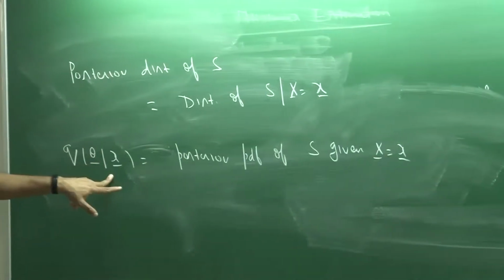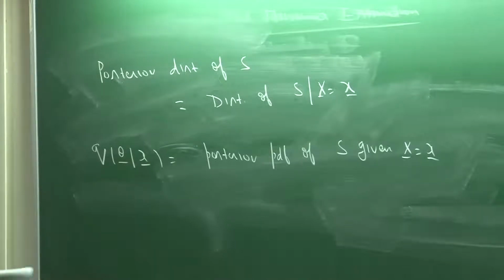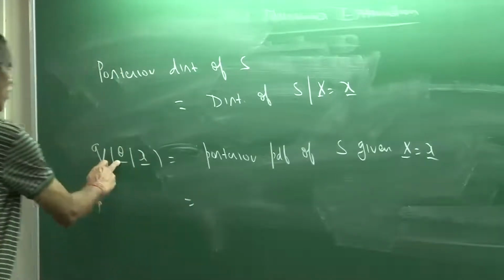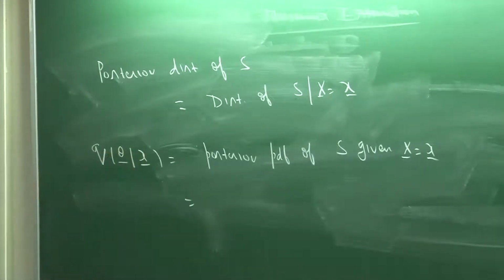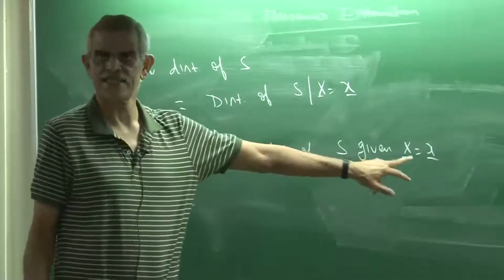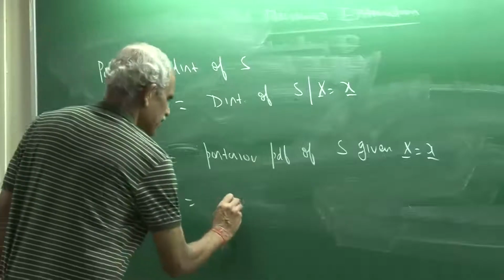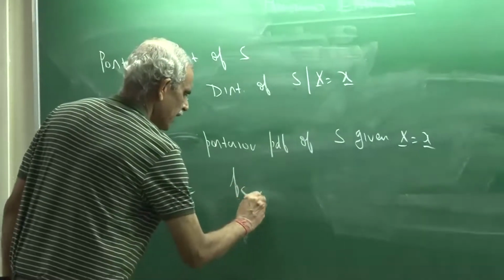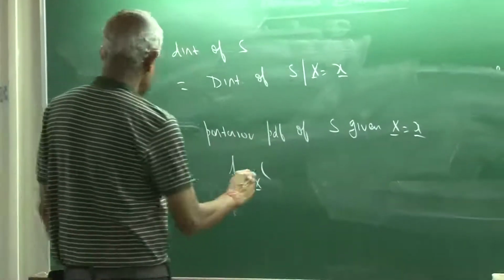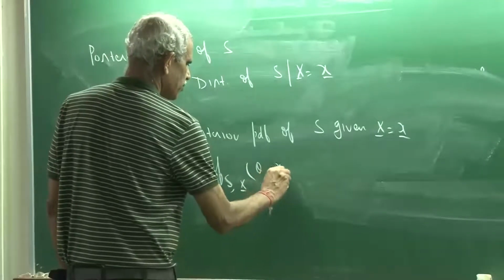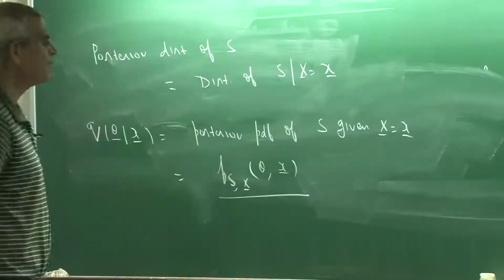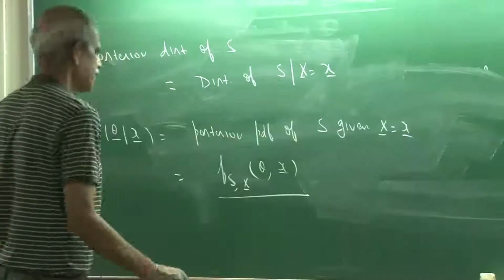You know that conditional distribution is the same as joint upon marginal. Joint of q theta comma x, that means joint of S and x, S at the point theta, x at the point small x, divided by the marginal of x